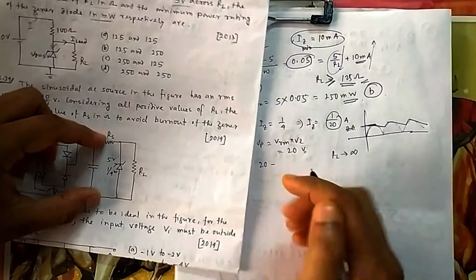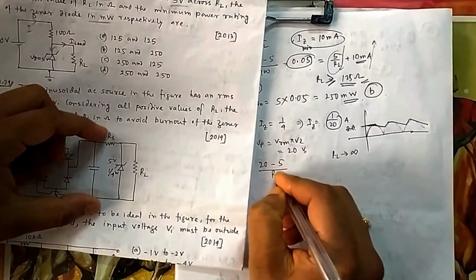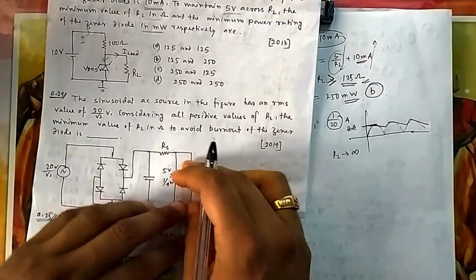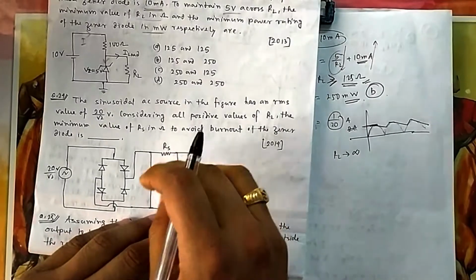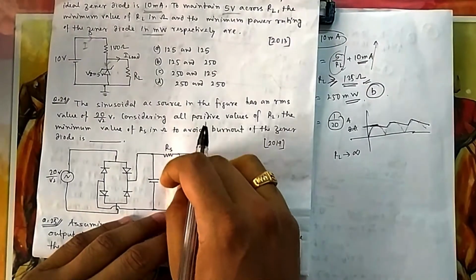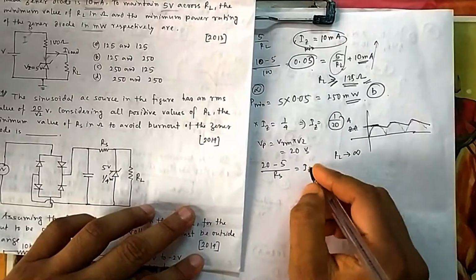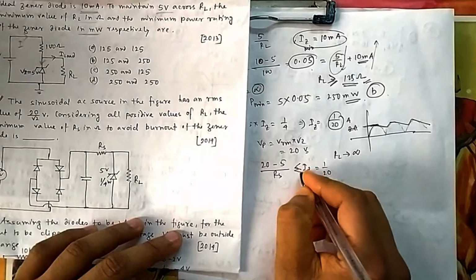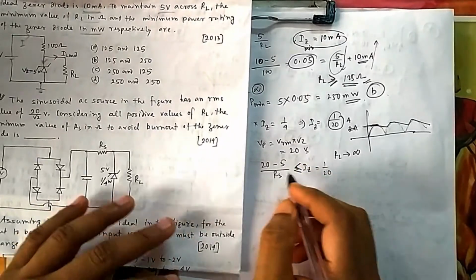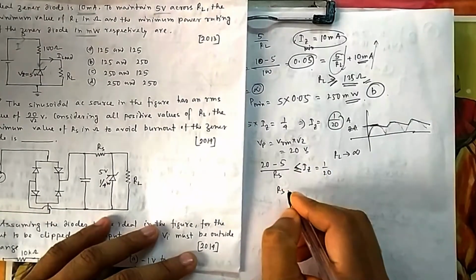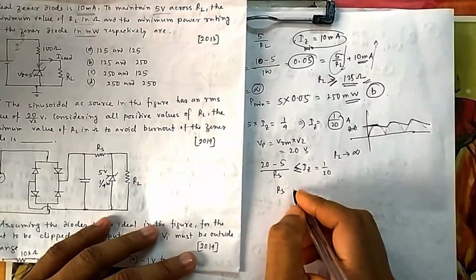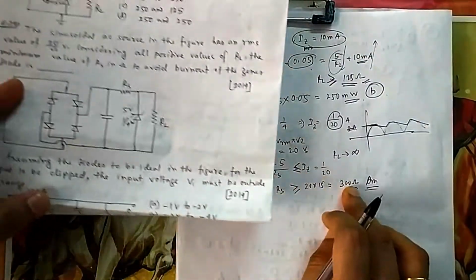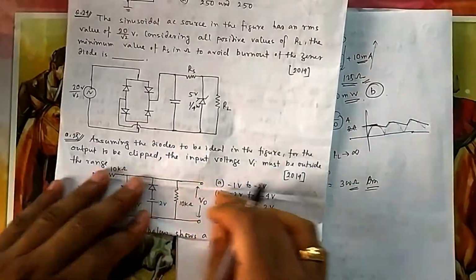So what is the worst case? Voltage at maximum here minus 5 divided by RS. That is my Zener current, because here also I have considered the worst case, no RL. All current is passing through this. That is the extreme case that the Zener can handle. So this should be less than or equal to 1 by 20. Maximum voltage it can be is 20. So if you cross multiply, RS should be greater than or equal to 20 into 50, 300 ohm. So the minimum value is 300. You can go above that, there is no issue, but minimum this much should be.